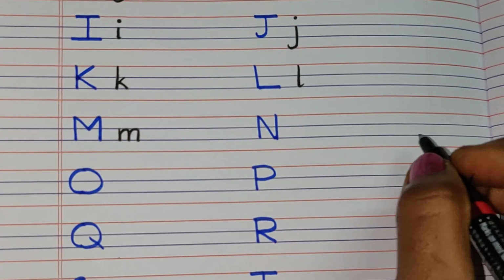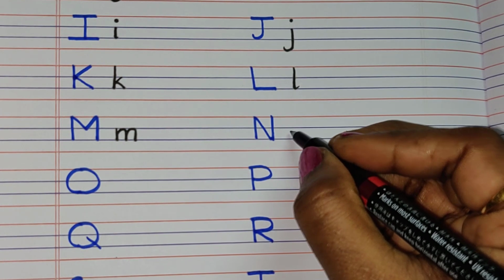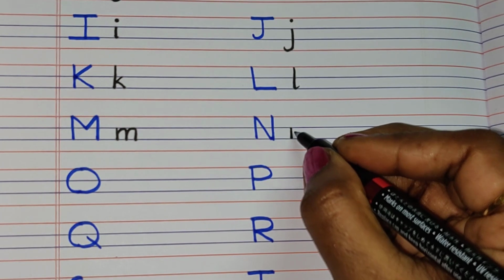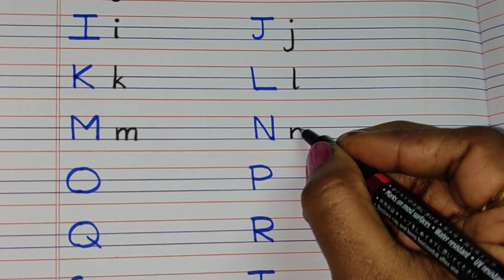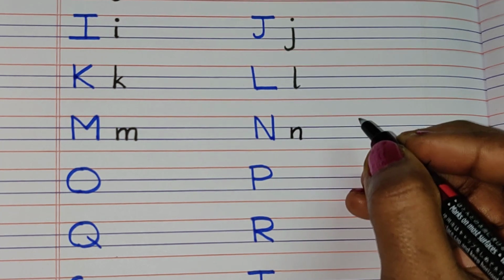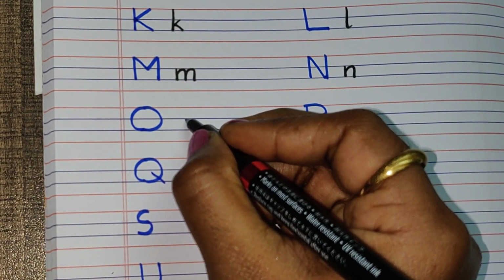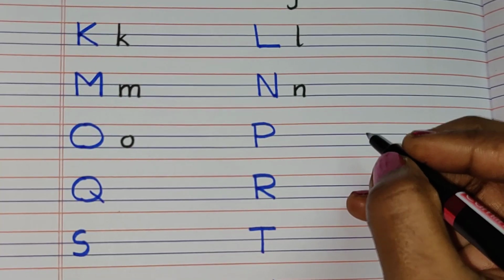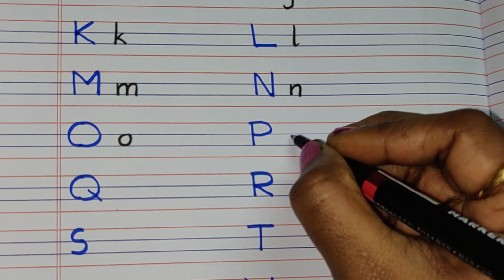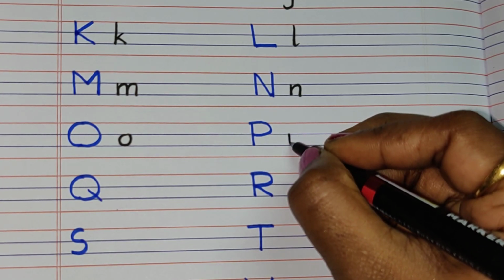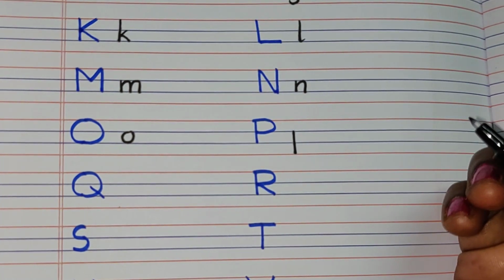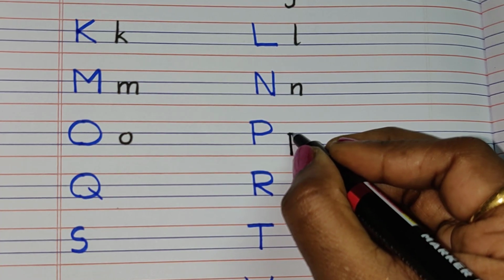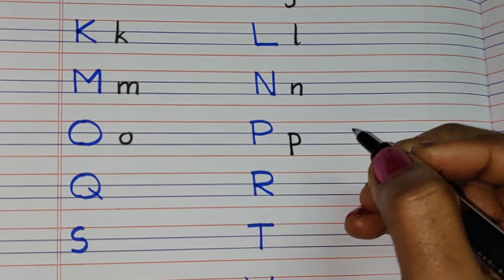A small line followed by an opposite U curve, and again one more opposite U curve, which makes M. Very easy. The same way we wrote M, we are going to write N, a small line with the opposite U curve in between the second and third line. That's it, very simple, only one time we are putting the curve. So next is O, the same like capital letter O, we are writing small letter O, covering only the second and third line. So next is P, the same like capital letter, but we are starting from the second line, one standing line with an opposite C curve which I have done from the second and third line. So that's it, P, very simple.